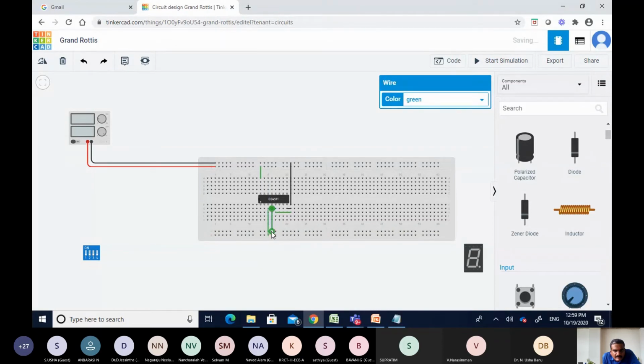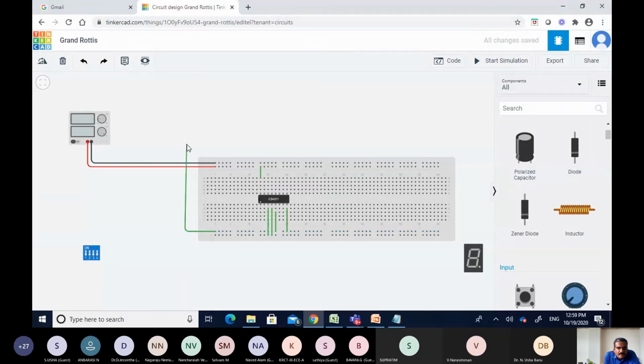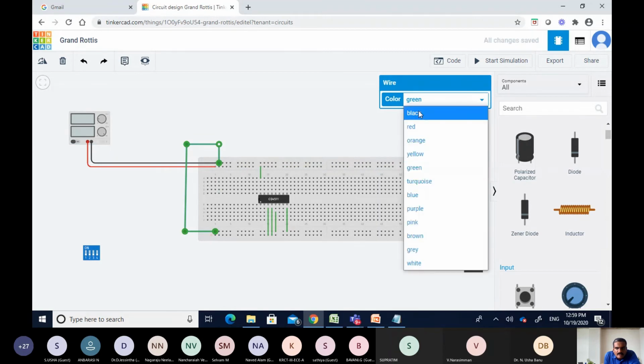I will take it this way so that I can reduce the wire connections. This minus, let this be black color.